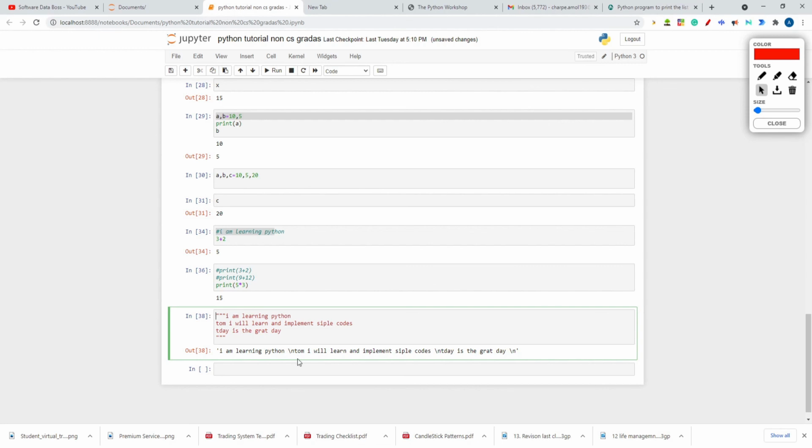In programming languages, \n indicates the next line. After writing Python, I am going to the next line, so it gives \n. After the closing quotes, there is again a backslash n, because I am going to the next line after the quotes. So you must have understood why I am getting backslash n. Whenever your comment goes to the next line, it will give backslash n. Any programmer can understand that. If you show somebody this docstring, he will understand why the backslash n is coming.